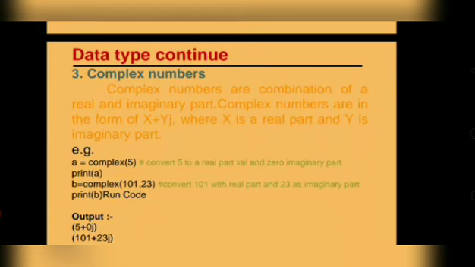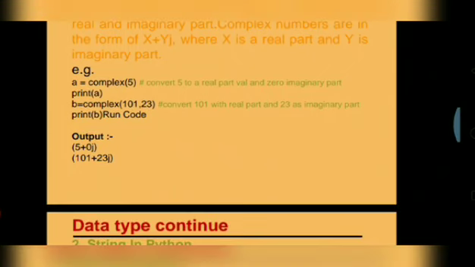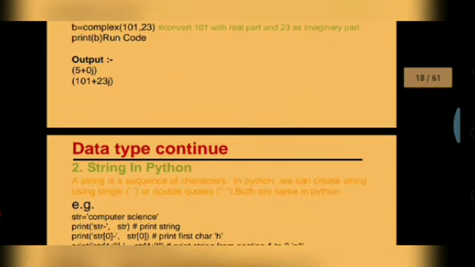Now the third one is your complex number. As you already know about complex numbers in maths, it is the same here. We can show our data in complex format. It contains a real and an imaginary part. In the real part we are taking x, and in the imaginary part we are taking y. So if you want to generate a complex number, here we are writing complex in the bracket 5. If it is going to display with the help of print a, you can see in the output the same format, 5, generated in the complex number format.